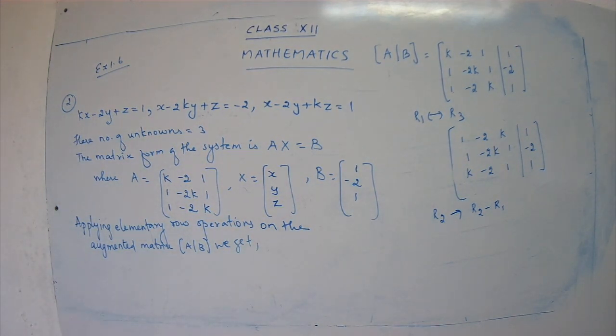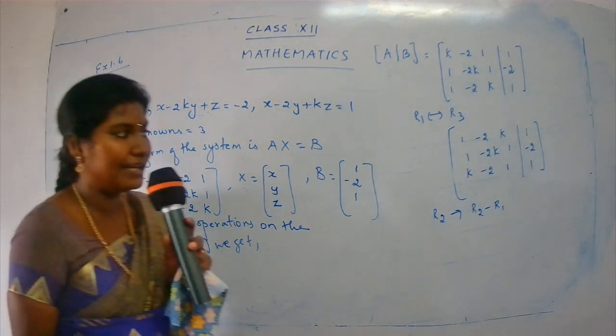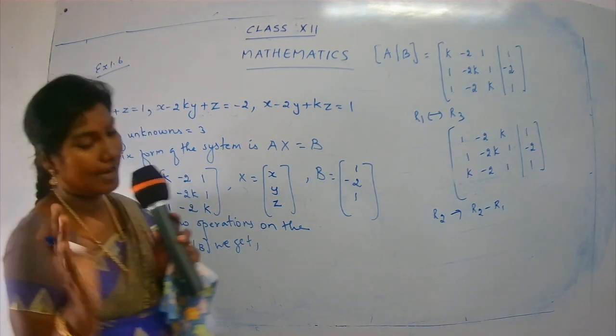Okay, now let's go for the next conversion. What do you have there? You have K. So in place of K, I want 0. So what are you going to do? You have to write R3 as R3 minus K R1. Instead of K, if you have 5, you write R3 minus 5 R1. Here you have a letter instead of a number. What is the letter used here? K. So don't get confused with the letter.